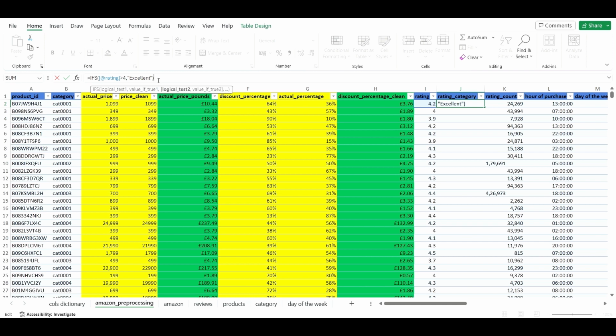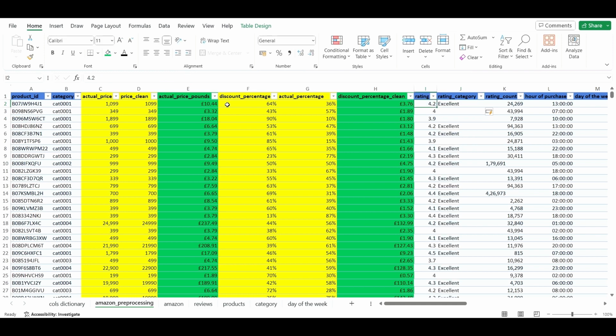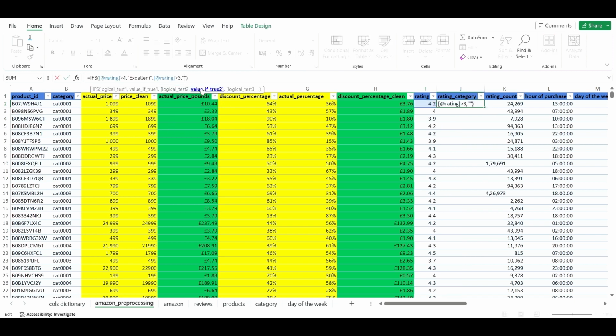And then we're going to do the same thing again. So if this rating here is greater than 3, then we want to return good. So I'm just going to type that in there. Again, I made the same mistake. So Control Z, and then I'll bring it back to where I was. So I want it to return good. And then the same thing again. So comma